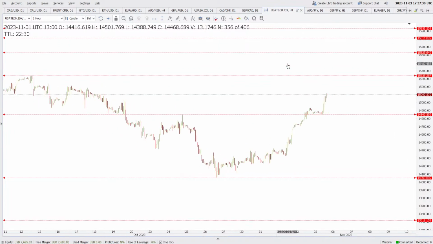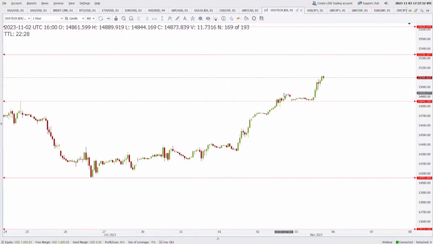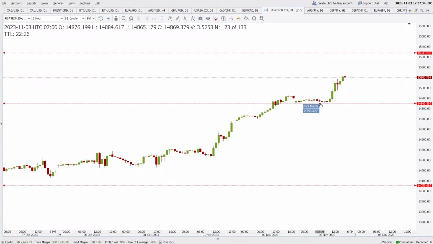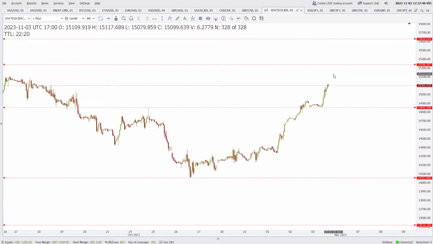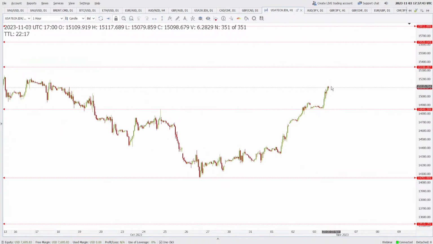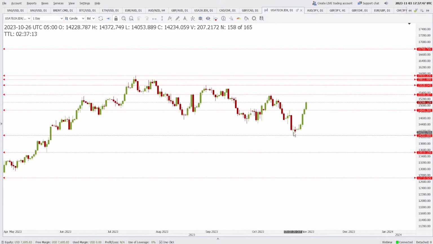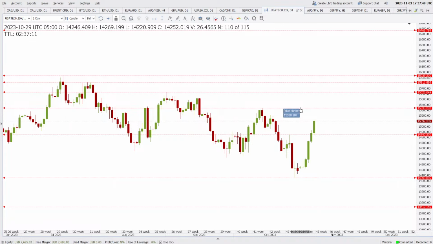USA Tech is similar. I think yesterday we saw a breakout to the upside, then it started acting as a support. I told you that there is a possibility of 15,338 on the upside, and the upside is possible, but the price has already shot up, so we cannot trade it now. From the daily point of view, we have resistance at 15,338 and the next resistance is 15,628.